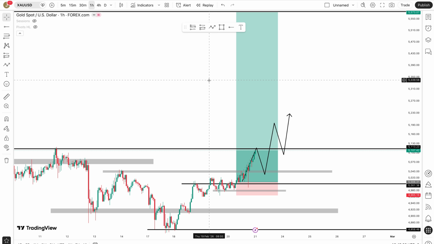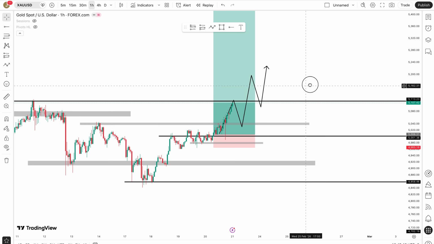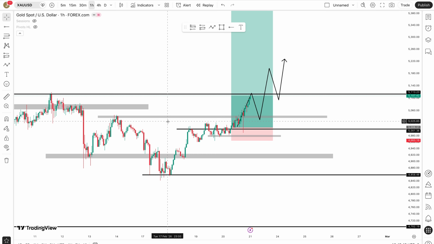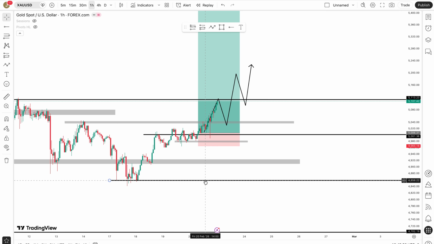But as I always tell you guys, just because I'm telling you this might happen doesn't mean it's going to happen. We cannot control how the market moves. And that's why I mark out my key zones and I let the market show me what it's trying to do. So as I have explained to you guys, I have this higher low and I have this higher low. As long as the market hasn't broken these two, I'm going to be thinking buys. So if the market keeps on going up, cool, we are going to keep on buying. But this video is not me telling you for sure that the market is going to go up.